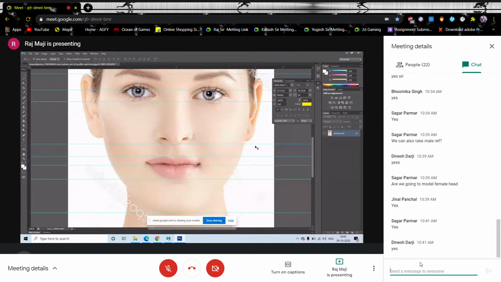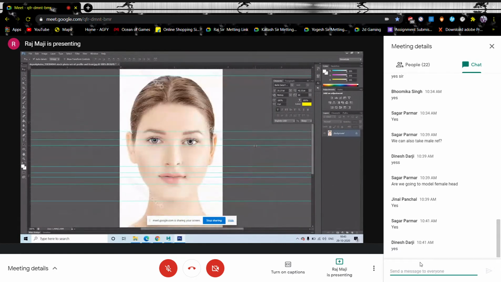Okay, so these are the guides you need to take. Top of the head, actually I need to see if this will also match. Brow, upper eyelid, lower eyelid, base of the nose. If it is not foreshortening, this will touch this and this will touch this line, the ears. Ideally, that is the ideal, but in foreshortening it will never happen. Okay, anyway, so this is the front view, and